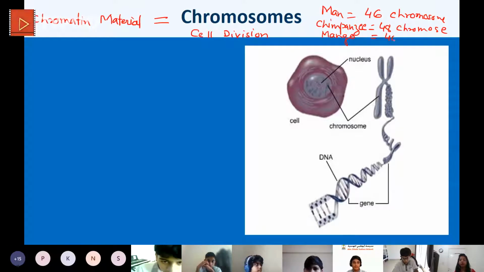40 chromosomes. So in this way, you know that the number of chromosomes is the identity of that particular species. A human being will have only 46 chromosomes. If any person has 45 or 47, then what is that?